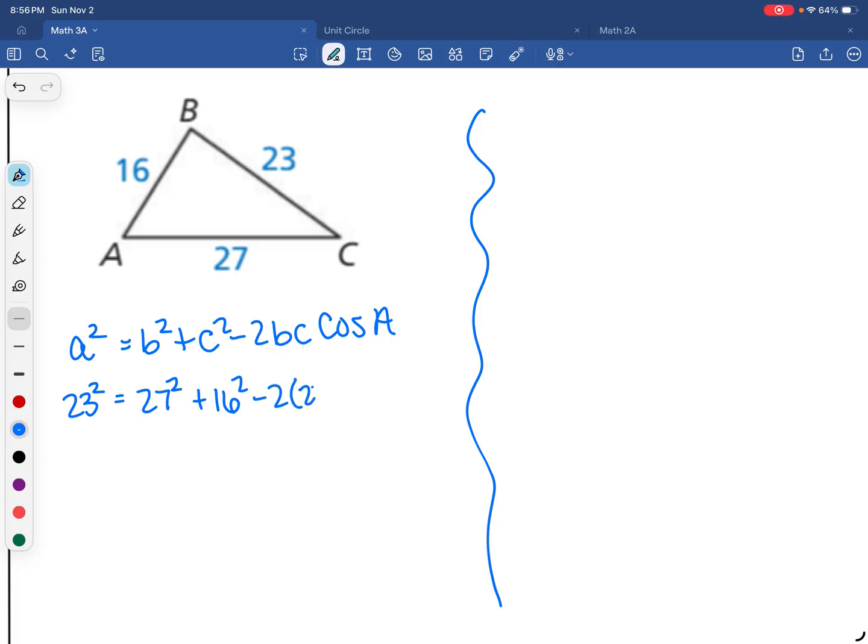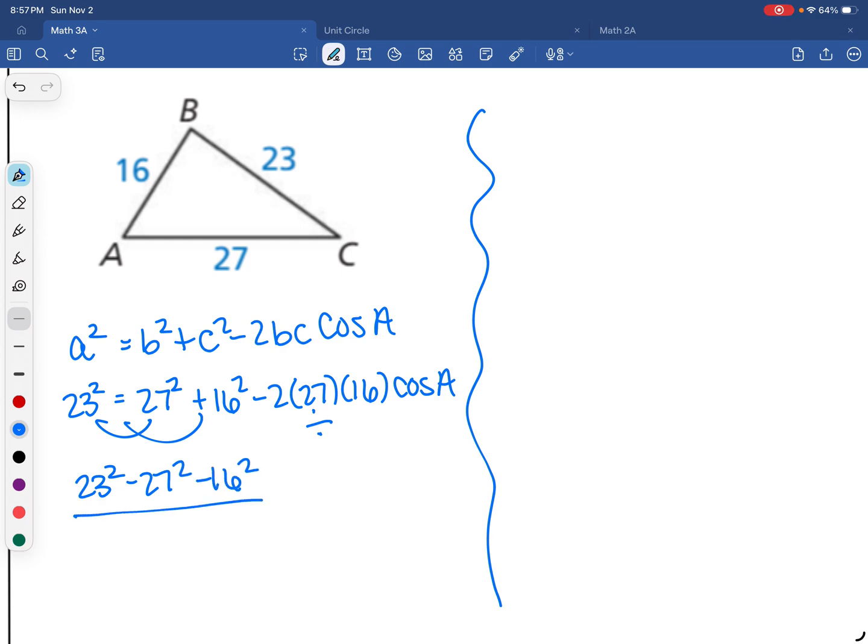Let's see, 2 times 27. I shouldn't try to talk about other things while I'm trying to do math at the same time. Okay, so we're going to subtract, divide. Okay, so we've got 23 squared minus 27 squared minus 16 squared all over -2 times 27 times 16. Okay, that whole thing, it gave me,